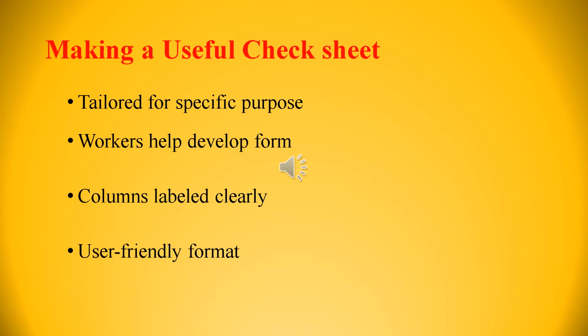We have to involve the process workers in developing the check sheet for their process. Sometimes you are outside, and if you develop a check sheet alone, it is not appropriate for that process. It is highly advised to join with the process workers to develop the check sheet. We have to label all columns very clearly. Organize your form so that the data are recorded in the sequence seen by the person within the process. This reduces the possibility of data being recorded in the wrong column or not being recorded.